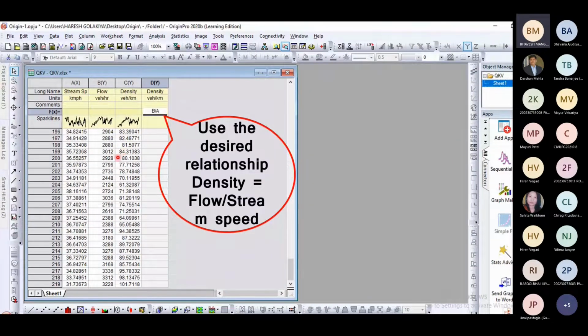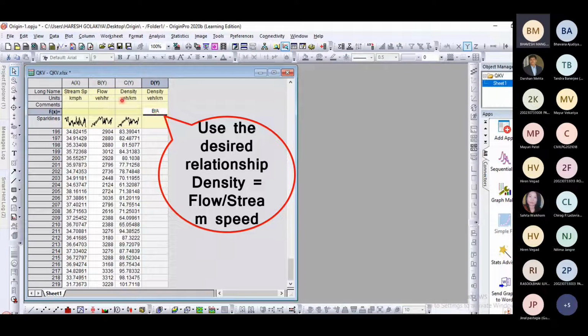Suppose we want to use this function tag, right? For that, we know that density is equal to flow divided by stream speed. This is a very basic equation in transportation engineering, traffic engineering. So suppose one wants to add that equation and get the density value through that.